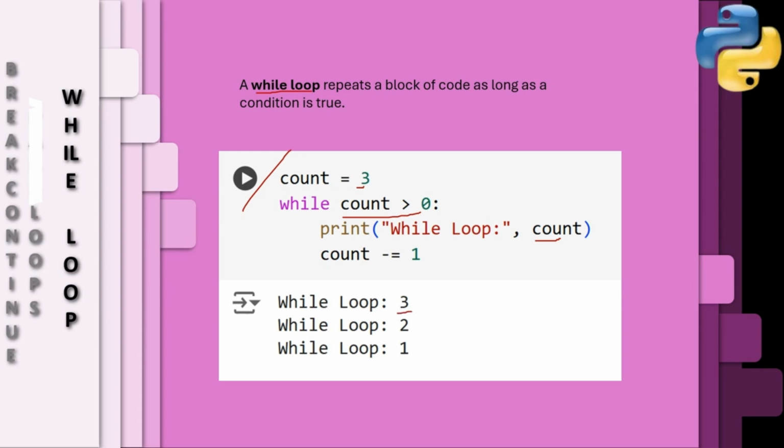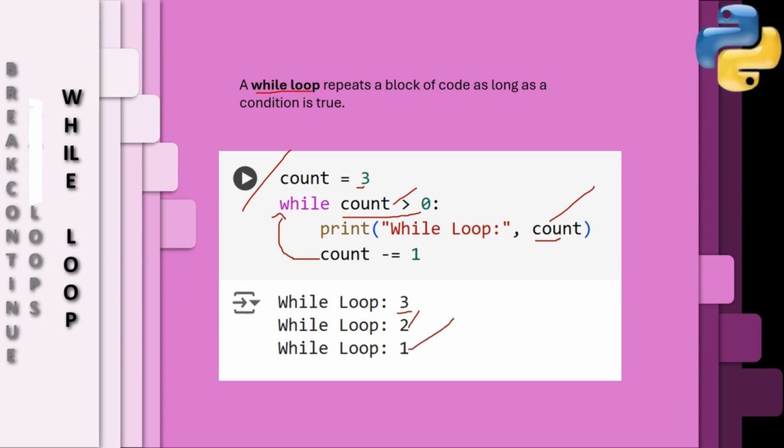So the count value will be decreased from 3 to 2 and it again goes back to while. Now the condition 2 is greater than 0, so it again enters the loop and prints while loop colon count. In the next, the count is 2. This loop will continue to execute until this condition is false. If the count value is 1 and it printed the while loop 1,